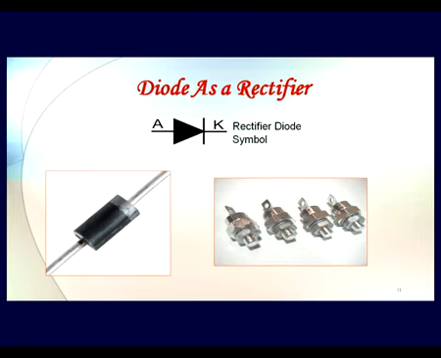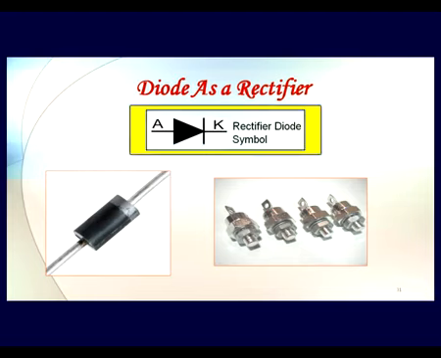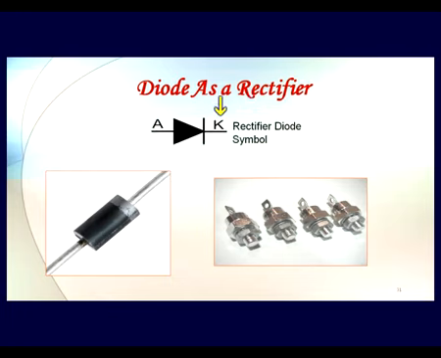You must have come across a diode. It is a simple semiconductor device which has got a P and N junction, and it has got a unipolar or directional kind of behavior in its input output characteristics. Here we have just shown the rectifier diode symbol, where A denotes anode and K denotes cathode, because A is the one that is going to be connected to positive and K is the one connected to negative, in the form of battery voltages or supply voltages when we apply them.